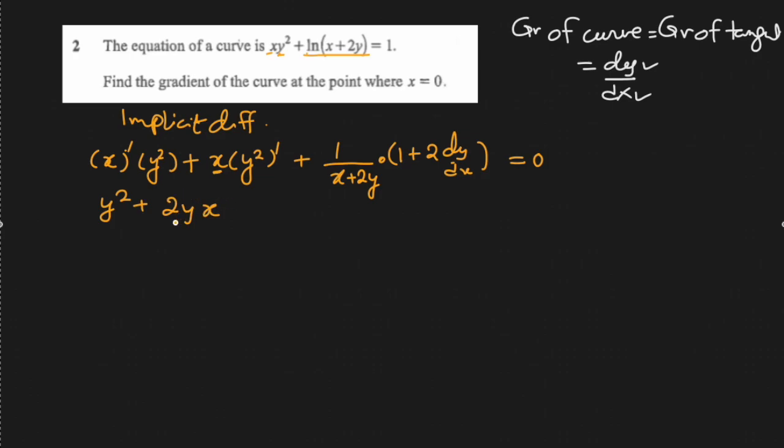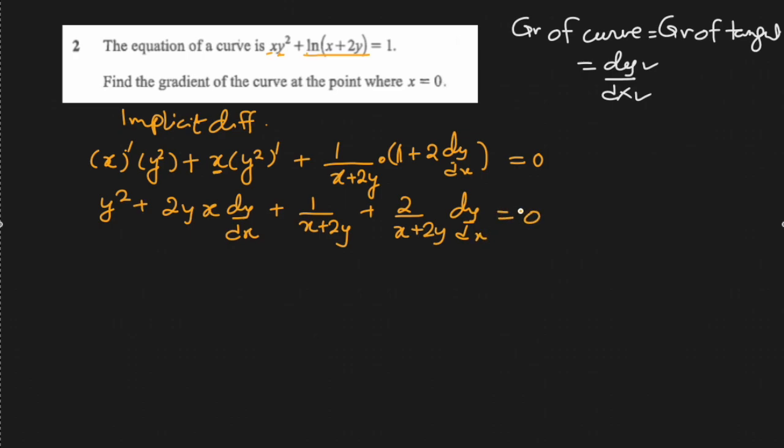But we differentiated y in this case, so just like this one, we will write dy over dx. We'll suffix this with dy over dx because y was differentiated. Plus, now let me open this bracket. So I'll multiply with 1, this thing first. So it will be 1 over x plus 2y plus 2 over x plus 2y dy over dx